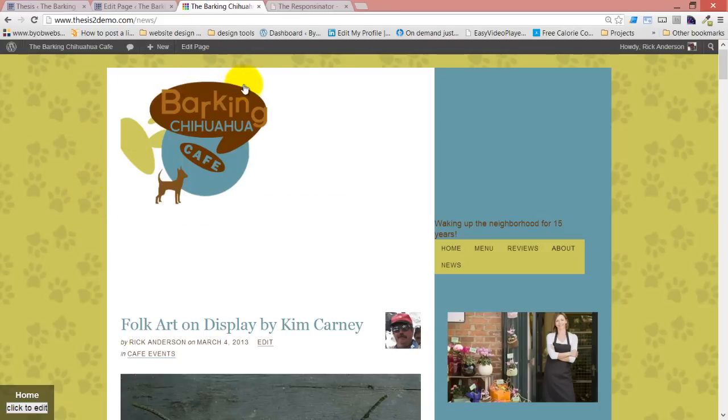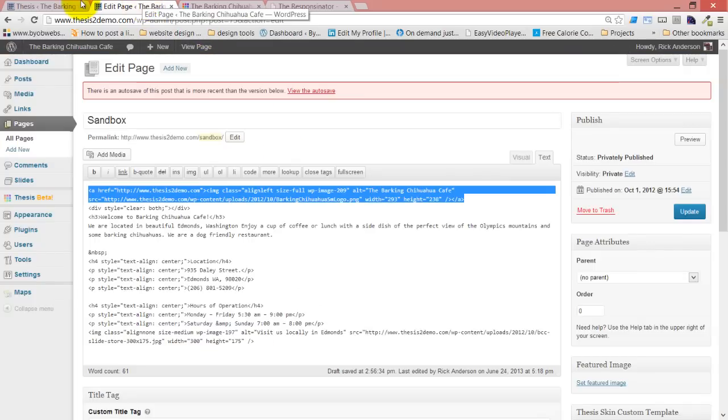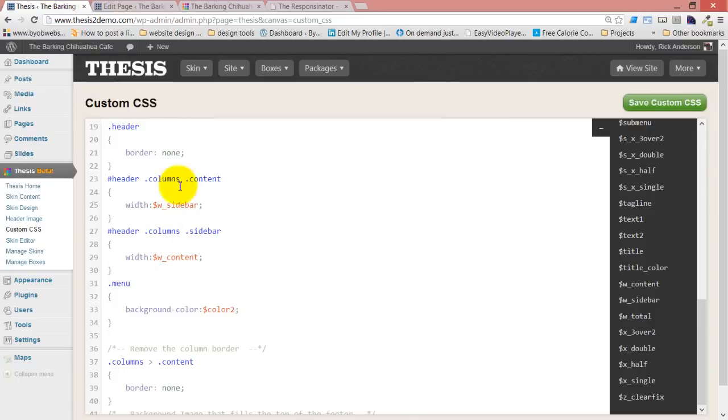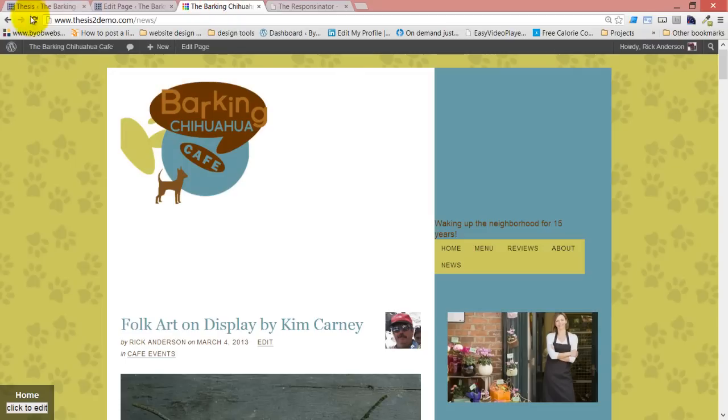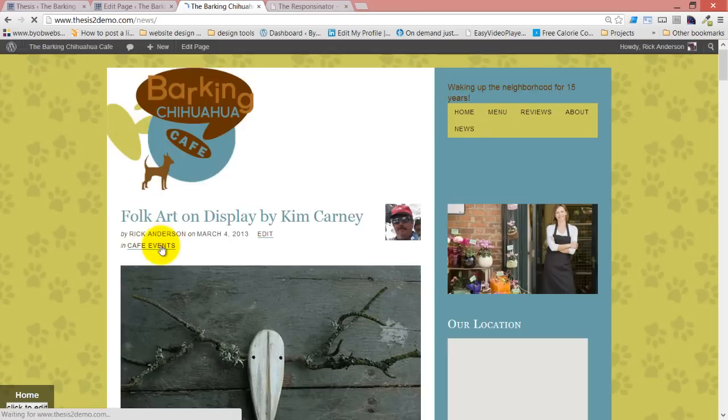Now, unfortunately, we have padding in the header that is making it so we don't have enough room. So let's just get rid of that. We'll say border none, padding 0. That should now get our columns so that they actually sit side by side. There we go. Our columns are now sitting side by side,